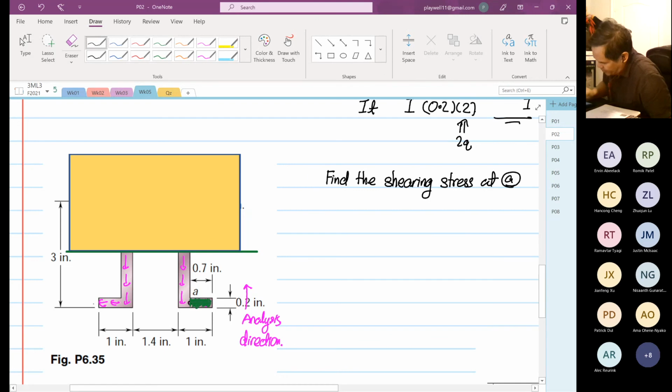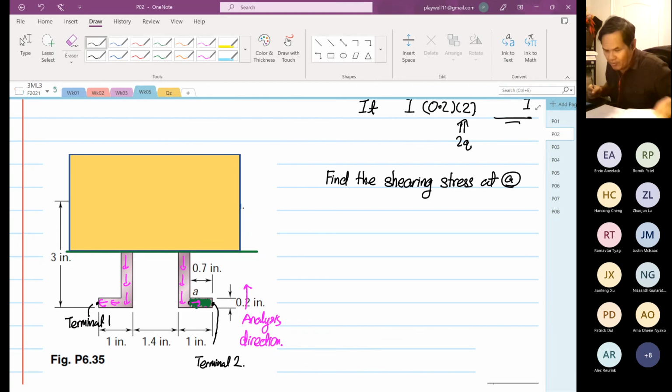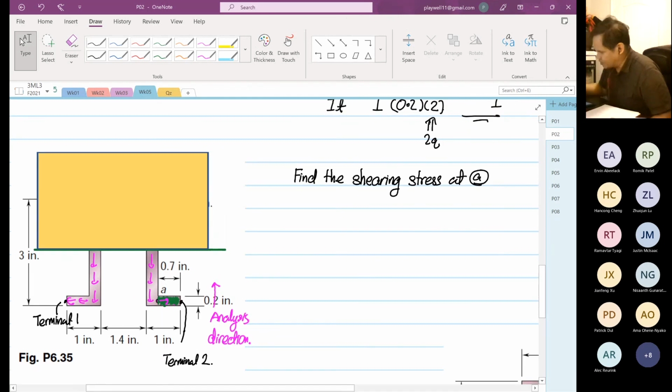You will see down here, this is our terminal. They both start from different terminals or end in different terminals. This one at this terminal, I call terminal 1. This one is terminal 2. What happens in terminal 1 is independent from terminal 2. They're not linked at all. So when this is the case, you are going to do your analysis. So we're going to find the shearing stress at point A. So the analysis is